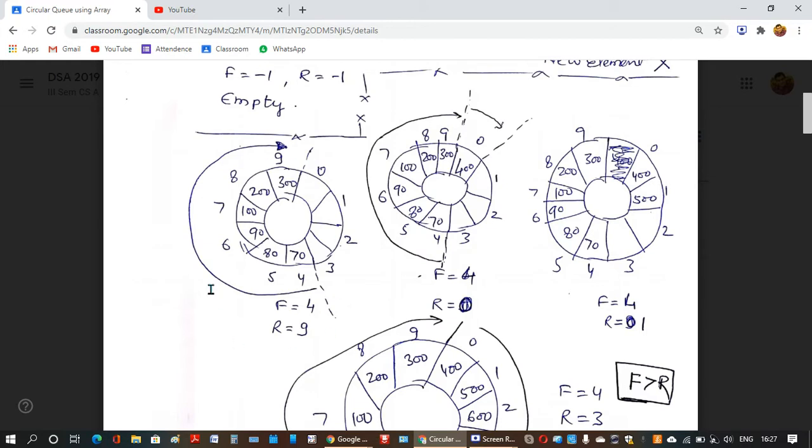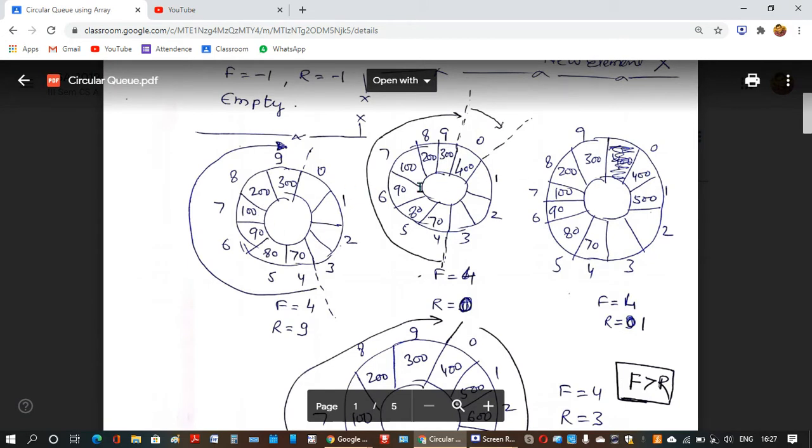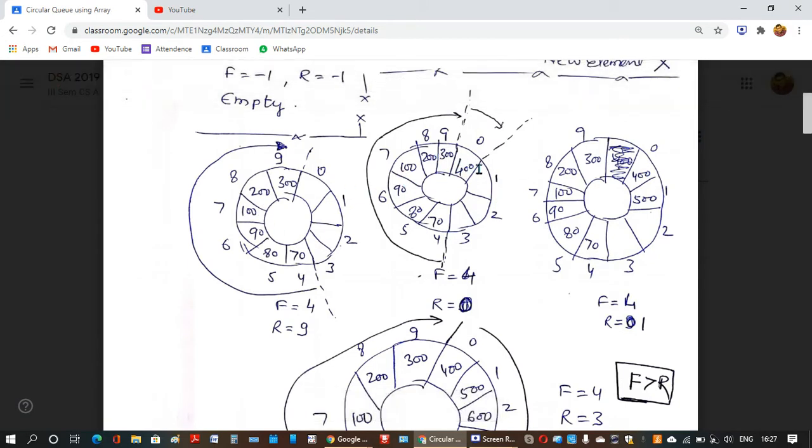In this case, what is special is that this rear is at max position and this front is not at 0. This means there is space available in the queue. So if there is one more insertion, we will insert it. We will not deny it. We will not say that this is a virtual overflow and other things. So what we'll do in circular queue, because rear is 9, if we want to insert one more element and there is space available, then this rear R will become 0.